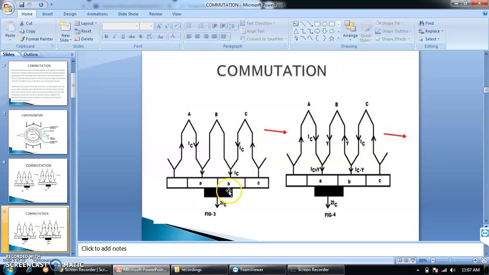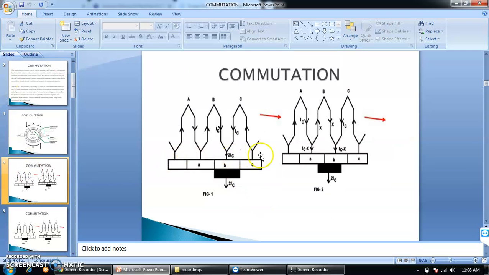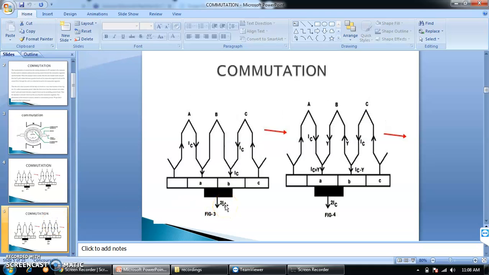So this IC current is getting a short circuit path through here, and this IC current is getting a short circuit path through here. That means the total collected current through the brushes is IC plus IC, we are getting 2IC. If we conclude from this diagram, in position 1 the collected current is 2IC. When the brush is moving in the direction, in position 2, again the collected current is 2IC. In position 3, similarly, the collected current through the brushes is again 2IC.